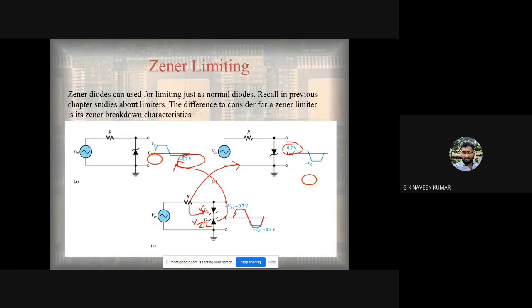During the positive half cycle, one will be forward bias and the other will be reverse bias. During the negative half cycle, one will be forward bias and one will be reverse bias. During the positive half cycle, D1 will be forward bias. During the negative half cycle, D2 will be forward bias. When D1 is forward bias, D2 will be reverse bias. When D2 is forward bias, D1 will be reverse. And D1 has a voltage of VZ1. That VZ1 will be the reverse voltage, right?